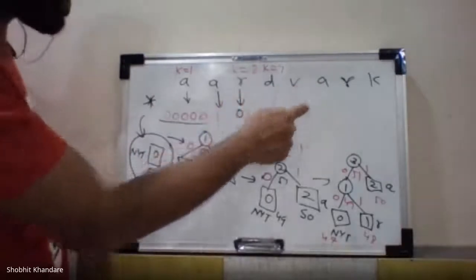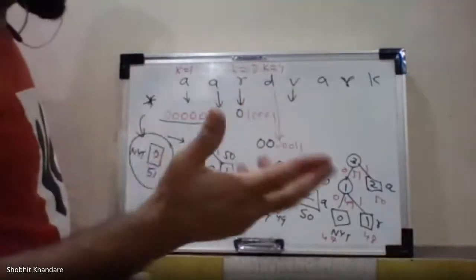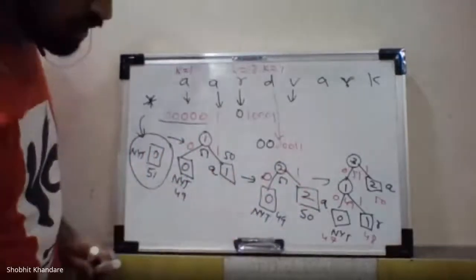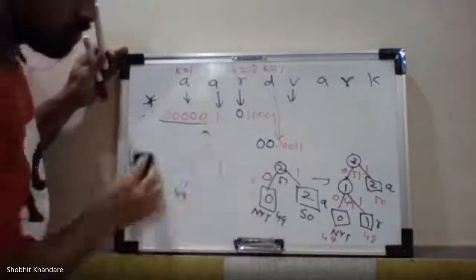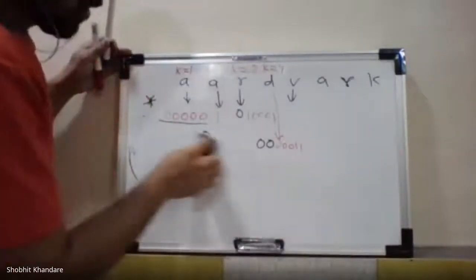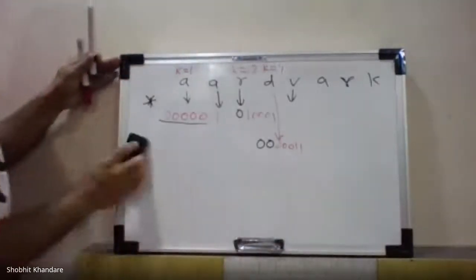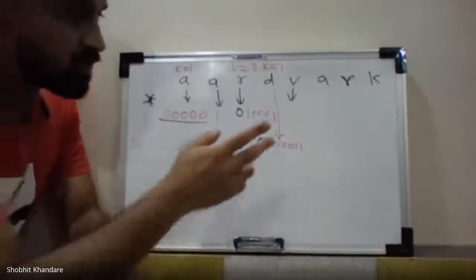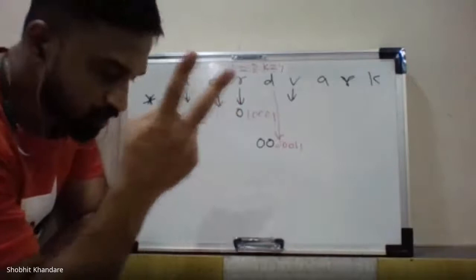I will go for the V now. Again the same thing. Now hereafter I will not refer to the tree diagram directly. I will take the reference from the previous one. I am going to rub this, and you will tell me the answers now, quickly. V is coming for the first time. Send the code for NYT. So tell me the code for NYT fast.